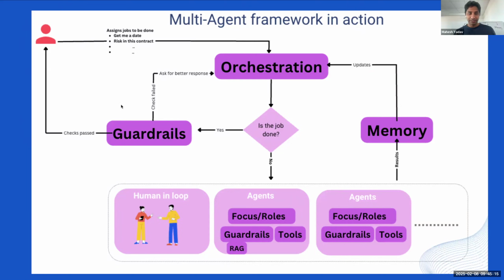Sounds good? This is how pretty much anybody who's talking about multi-agent frameworks or asking you questions on multi-agent, or if you are writing requirements on any app which needs to become AI agentic, you have to tell them what is the role, what are the guardrails requirements, which tools it will support, and how everything will come along in this journey.